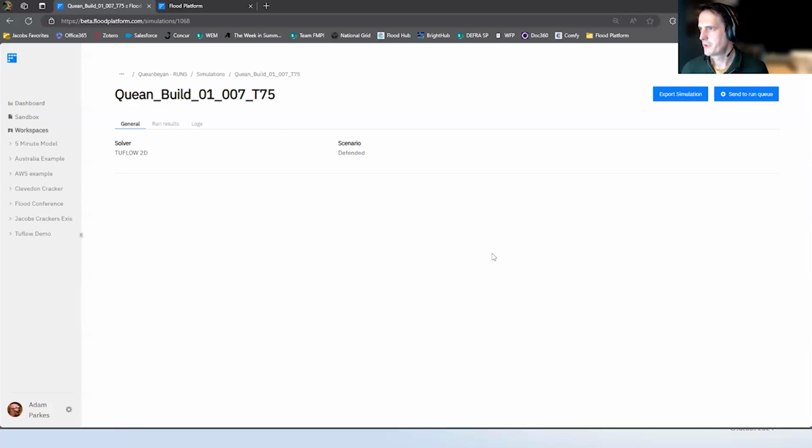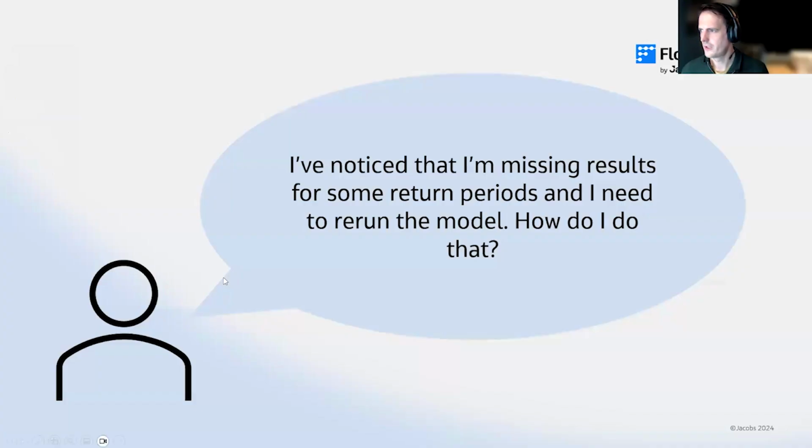It'll take a few minutes to spin up because we haven't got many models running at the moment. And what that does is it spins up a virtual resource in the cloud, and that will start running the model. And the resource will be dependent on the type of model. If it's an HPC GPU run, it'll spin up the right machine. If it's a 1D HEC-RAS model, it will spin up a different sort of computer. And those will run in the background, and it will constantly provide you with feedback. That'll take a few seconds to load up, so I'll just show you what that'll look like.